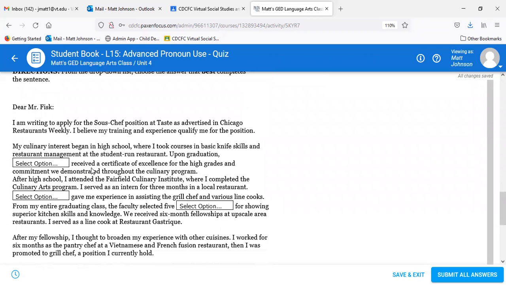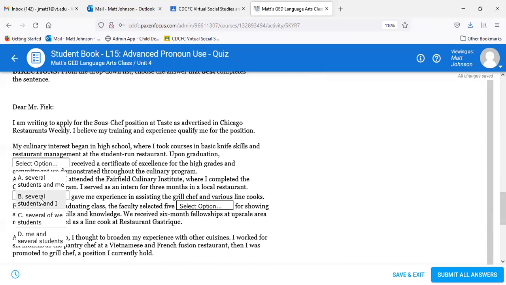And we drop down, dear Mr. Fisk, I am writing to apply for the sous chef position at Taste as advertised in Chicago Restaurants Weekly. I believe my training and experience qualify me for the position. My culinary interest began in high school, where I took courses in basic knife skills and restaurant management at the student-run restaurant. Upon graduation,